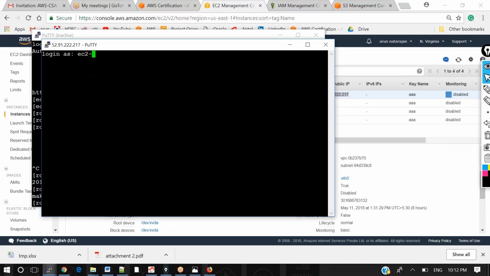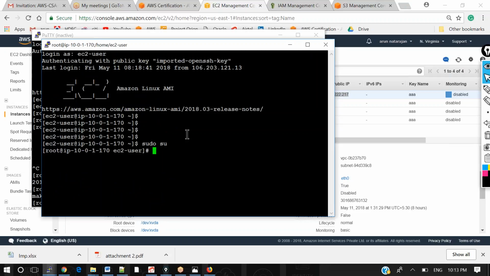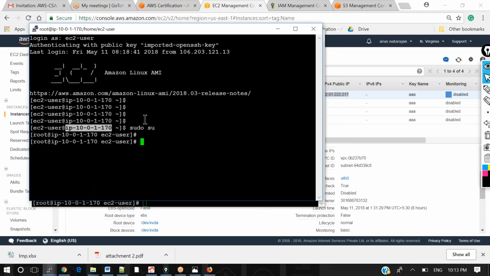Shrikant, for your information, this is the CLI, the command line interface, which we are using now. So from EC2, I have logged in as the root user right now.